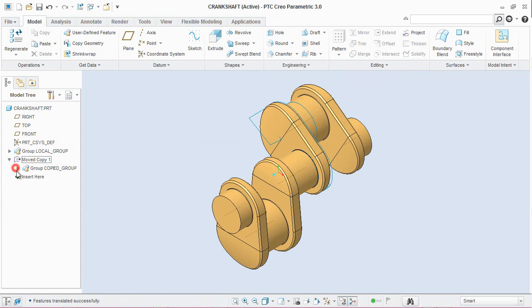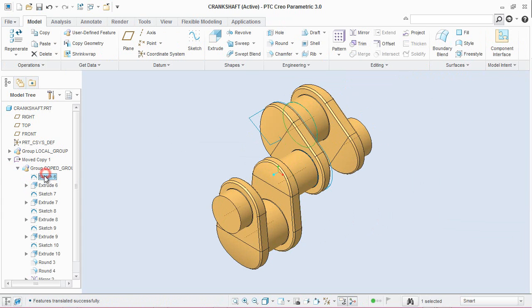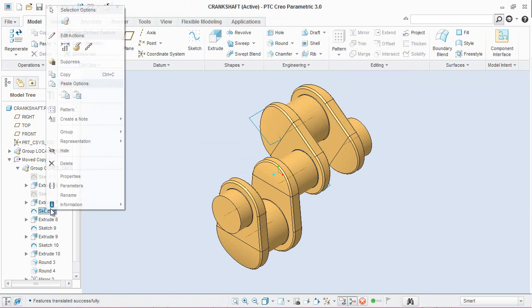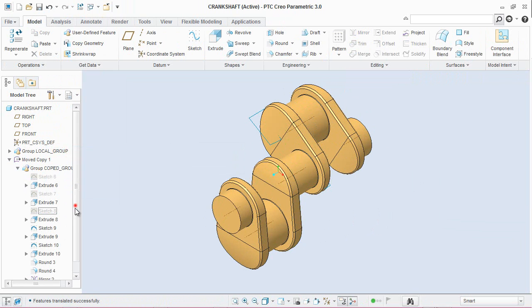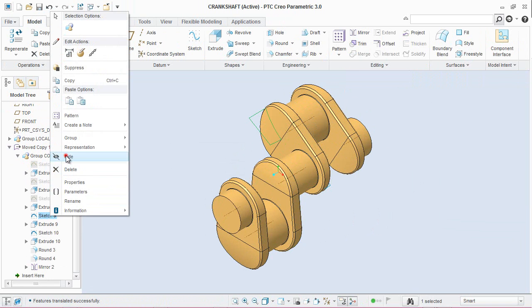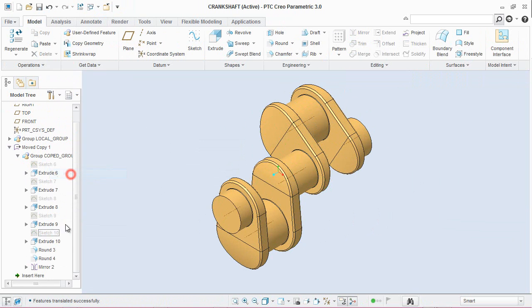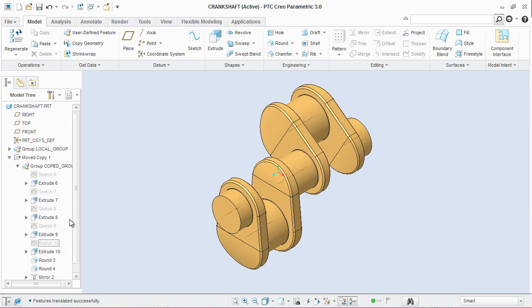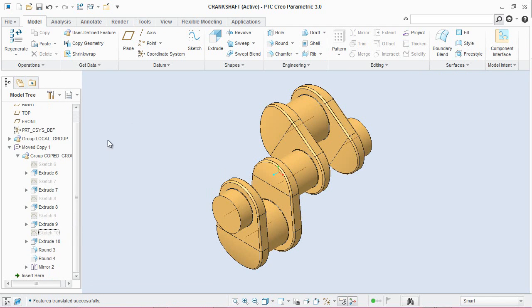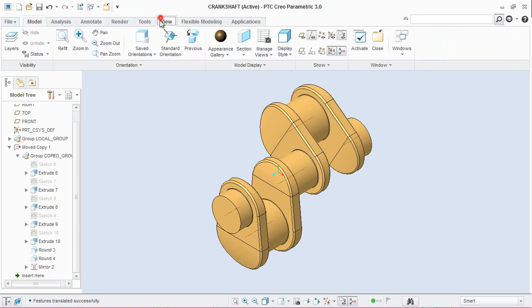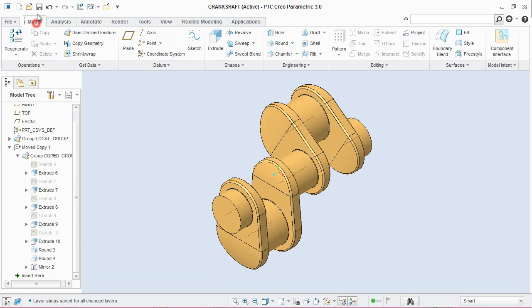Close the opened sketches. Save the status for the sketch visibility.